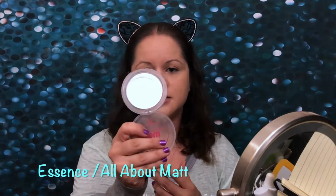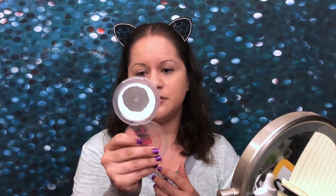And do I want to powder first? So let's go ahead and powder with the Essence All About Matte. And this is just a translucent powder. So I'm just gonna set it with this. And I'm going to use my Morphe G6 just to lightly set it. Do I need...